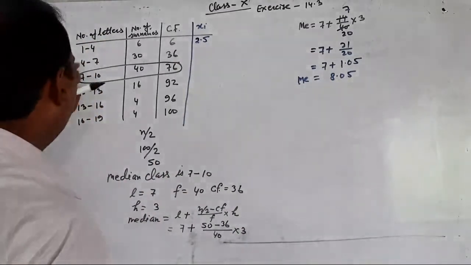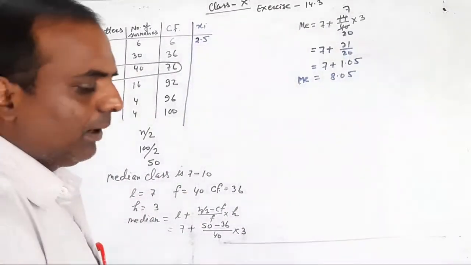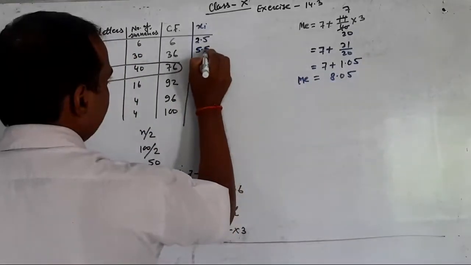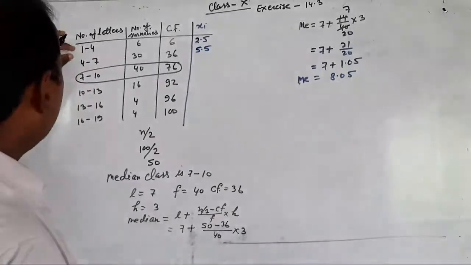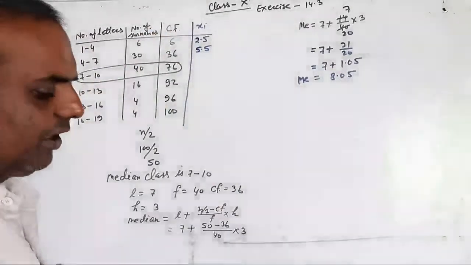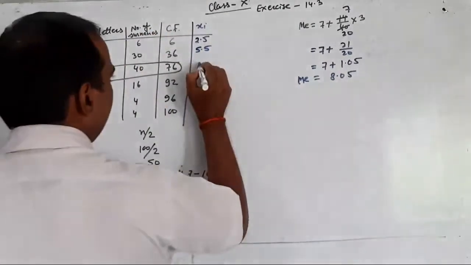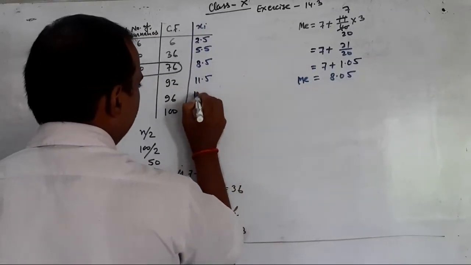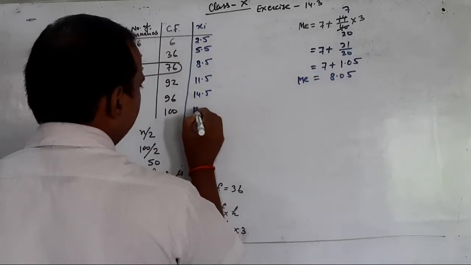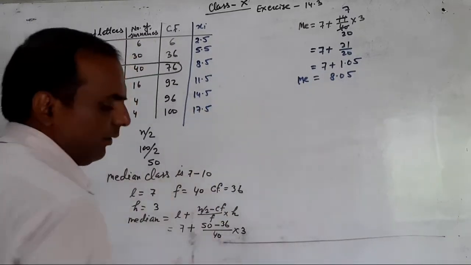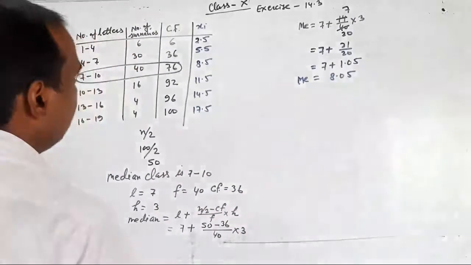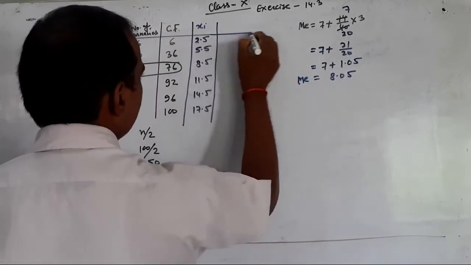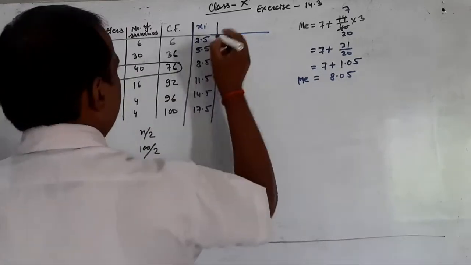Again 4 plus 7, 11 by 2, it means 5.5. Because the class range is 3, we will keep adding 3, so we will get here 8.5, 11.5, 14.5 and 17.5. And now